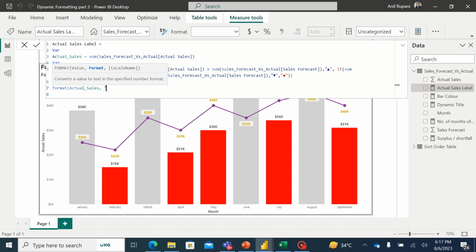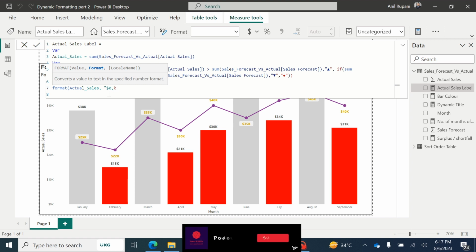So that would be dollars, the 0, and comma, and since I need this in thousands, I will put K, and I will close the inverted